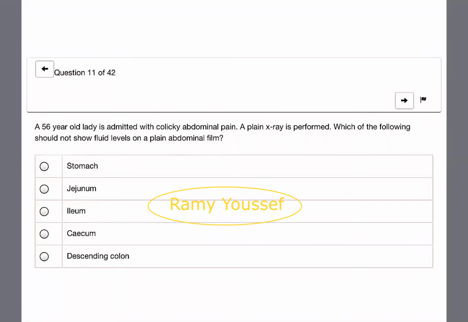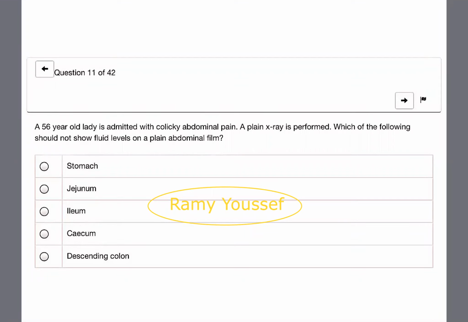Descending. Descending. Stomach can do. Yes. I think all. Stomach can do, jejunum, ileum. Okay. All can do. I just want you to just put one. This is a fluid level, yeah? Fluid level. Where we can find here